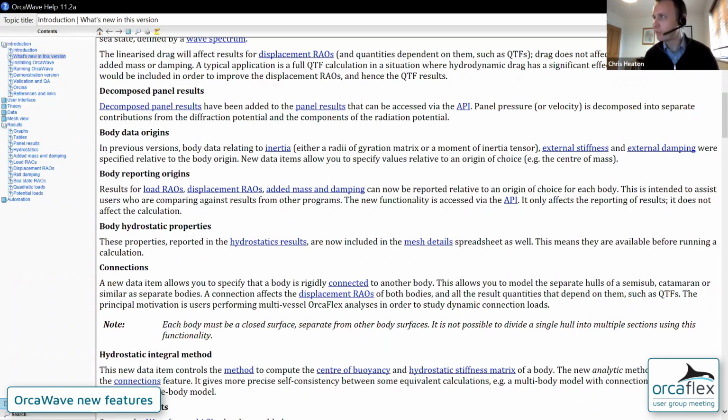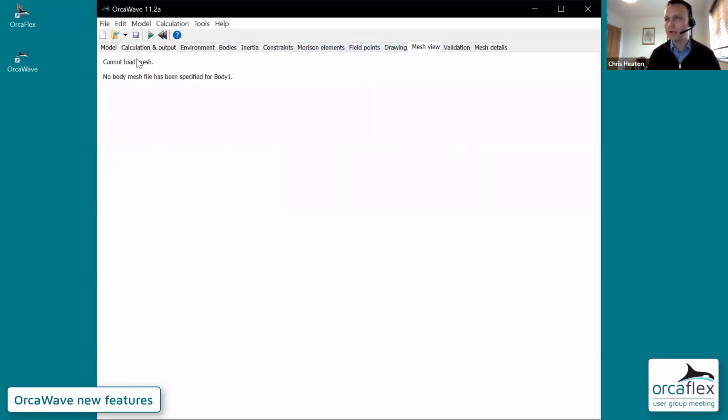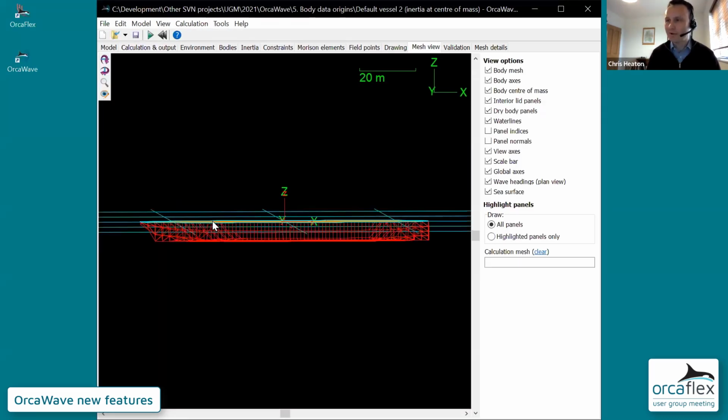Right, and I have one more small thing to say before I get back to something more substantive. That is hydrostatic properties. I've got a model open here. No, I don't. I've closed it. Let me reopen it. I've got a model open here of an